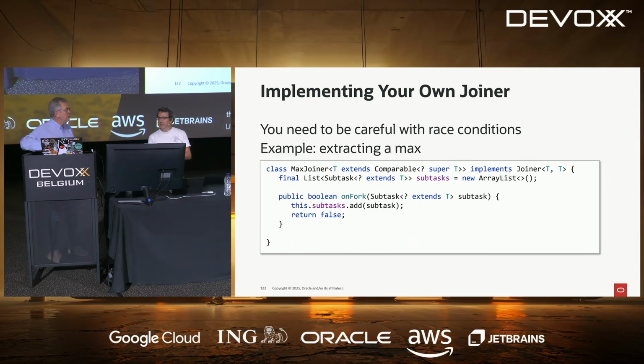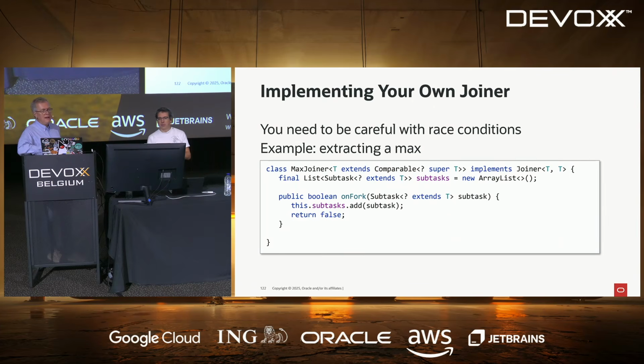I would like to focus a little on the joiner, because the joiner can actually be used to cancel the scope, but it can also be used to produce a result. You use the min joiner, and here we have a max joiner, which is kind of the same. Just switch the min to the max, and that would be it.